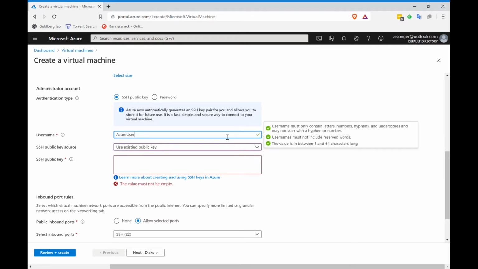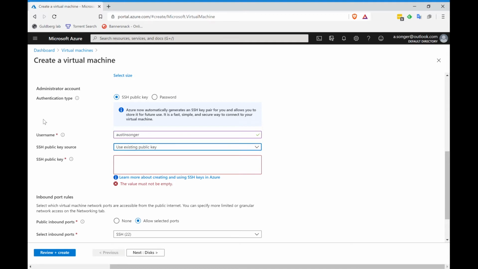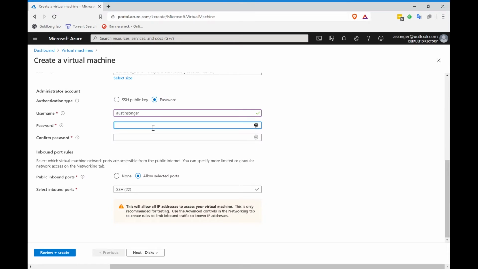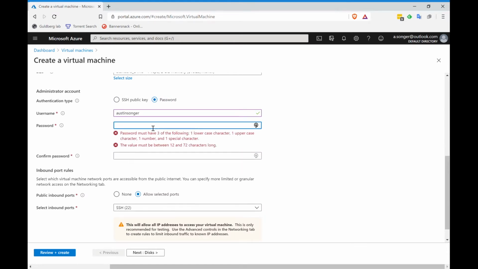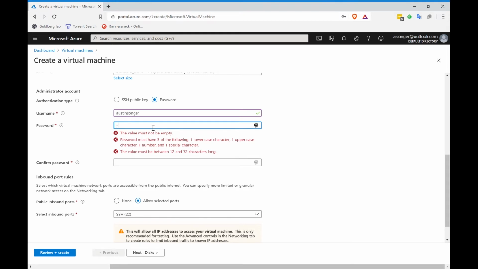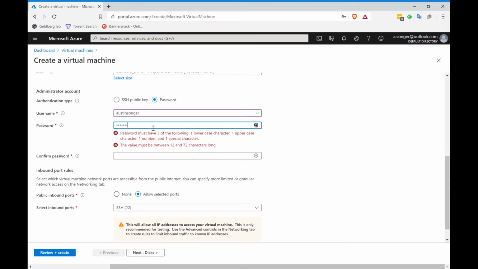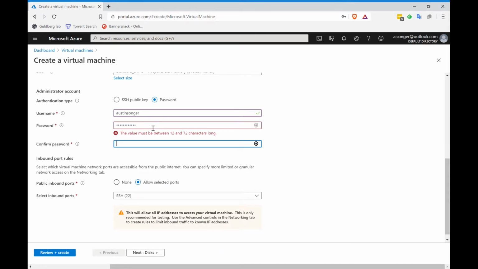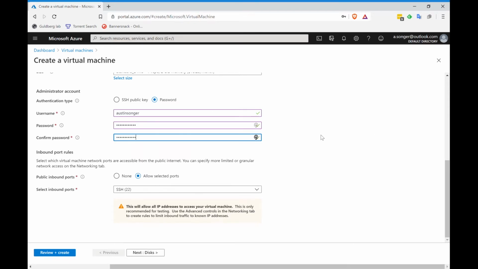But with this, I'm probably just going to decide to use username and password instead. Put password in. For this example,